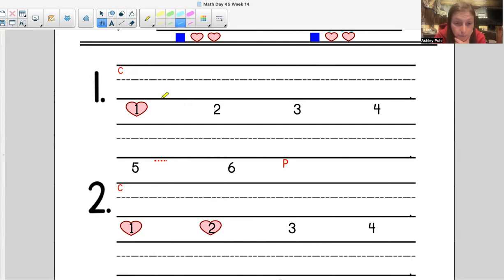So she. Your next word is got. Got. Then we have them. She got them a